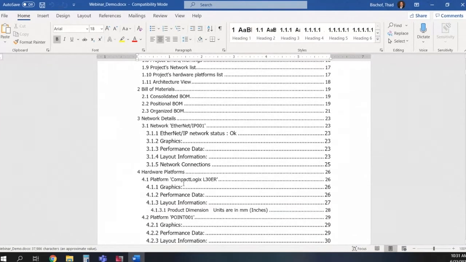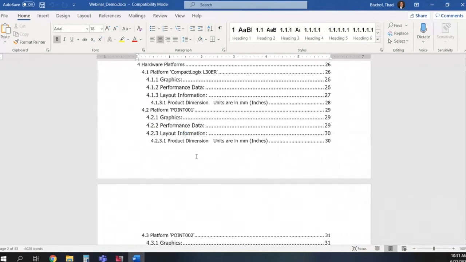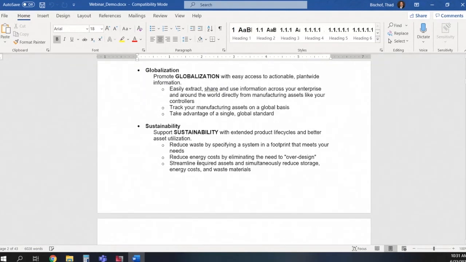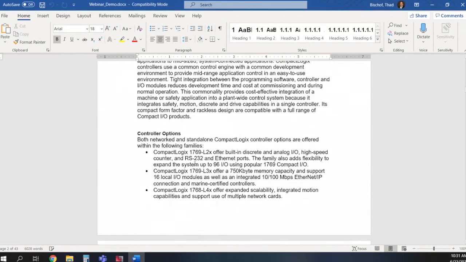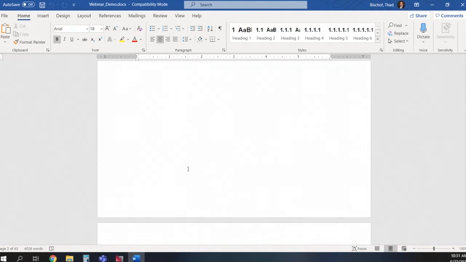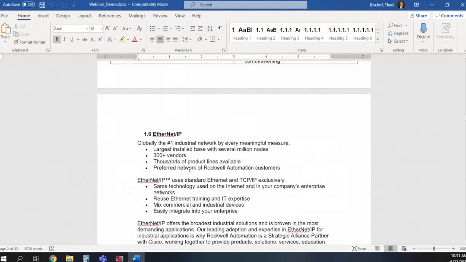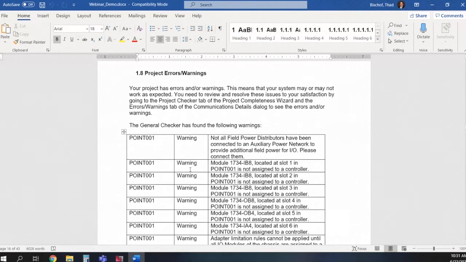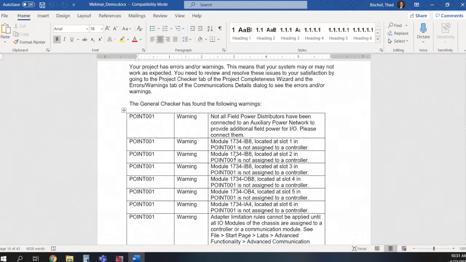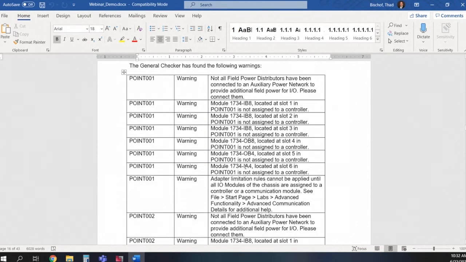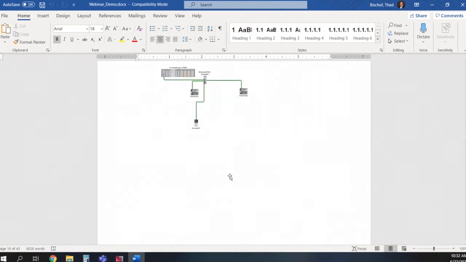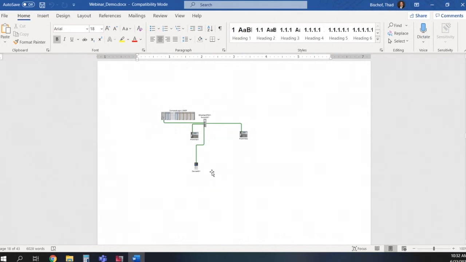So it's got all this, and then based off of what products you selected, it's got some, I don't want to say Rockwell fluff in it, but it's got some good information about what type of product it was and CompactLogix, etc. But if we get down to the meat of the project, I'm going to get everybody dizzy. So it's saying here I didn't specify that it was assigned to a particular controller because I didn't get into that detail. But here's my network drawing. I could have cleaned it up